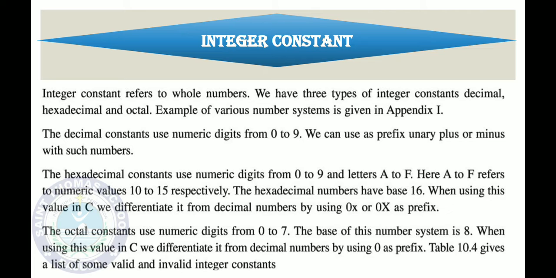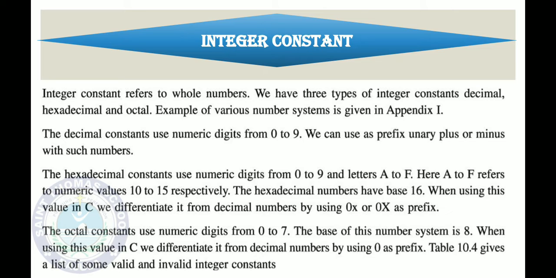So that is from 0 to 9 and A to F. And here A to F will be considered as 10 to 15 respectively. So you can say that it holds the values 0 to 15, but 0 to 9 digits and A to F. Only these alphabets are supported there.